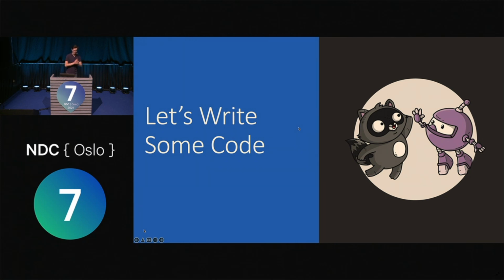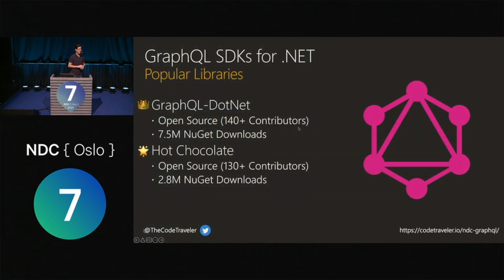Okay, so let's get ready for some code. Now, I do want to highlight the two most popular GraphQL libraries for us in .NET in C#. The first one, I gave it the crown because it's currently the king. It has the most NuGet downloads. It has the most open source contributors. Yep, it's open source on GitHub. It's called GraphQL